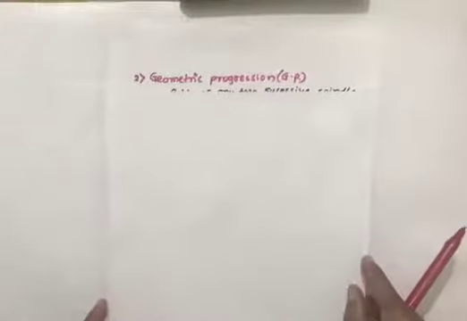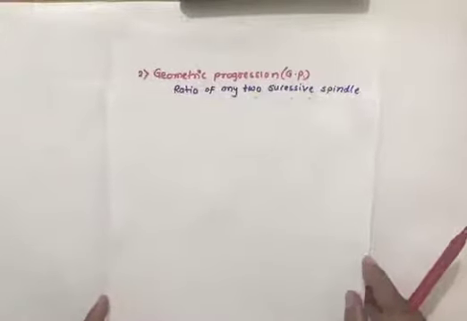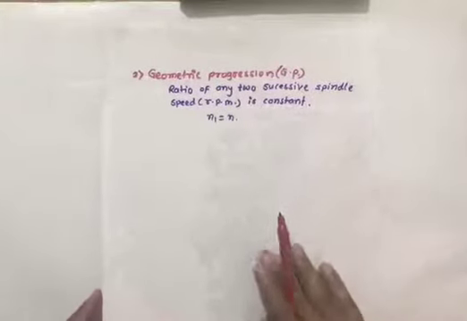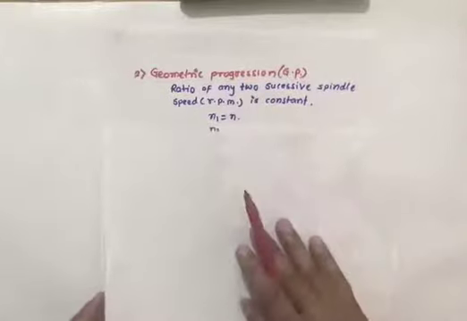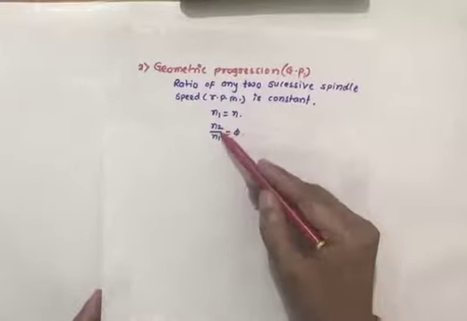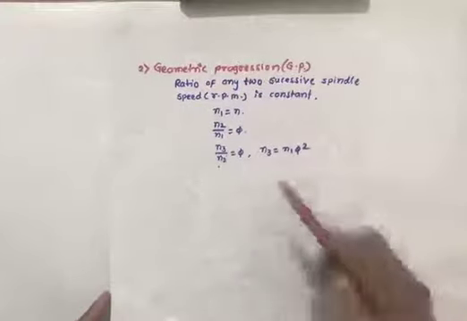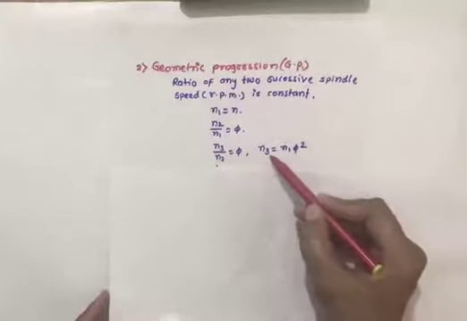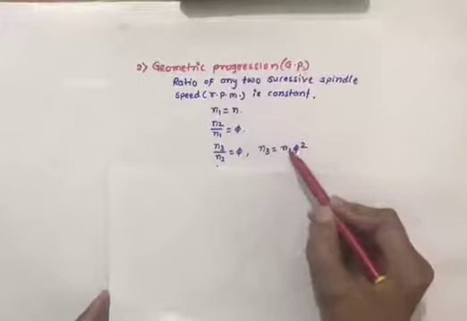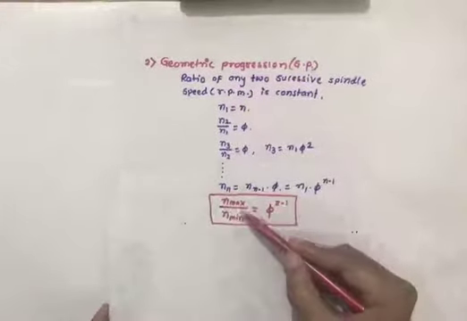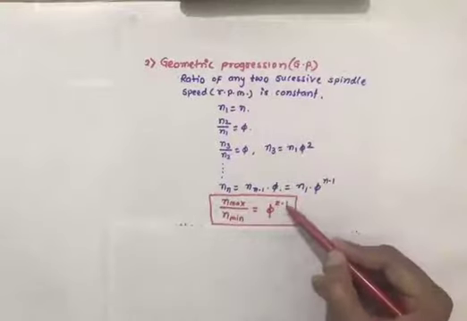Next speed regulation law is geometric progression, that is, the ratio of two successive spindle speeds is constant. Assume n1 is the input speed or minimum speed, n2 by n1 is φ, where φ is the geometric progression constant. So n3 by n2 becomes φ and n3 will be, in terms of n1, n1 into φ square. So the generalized formula will be n max upon n min is equal to φ raised to z minus 1, where